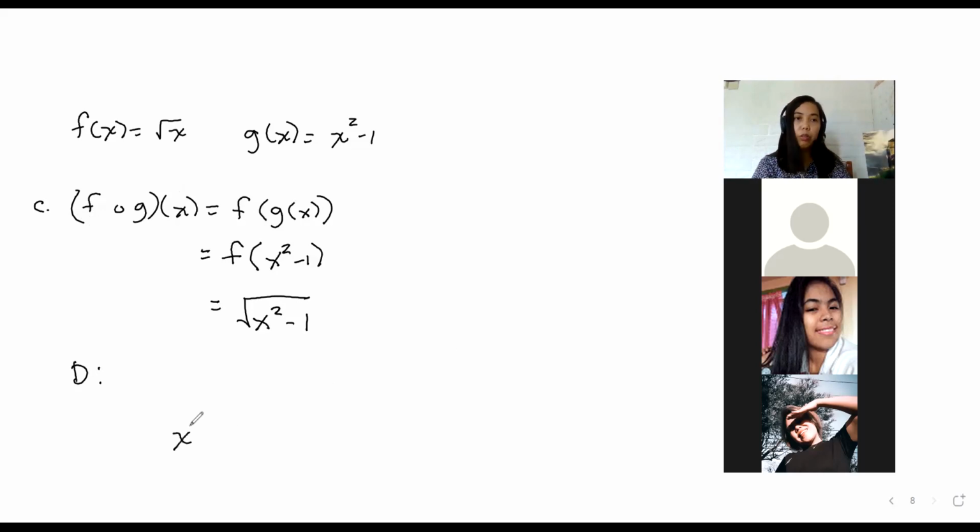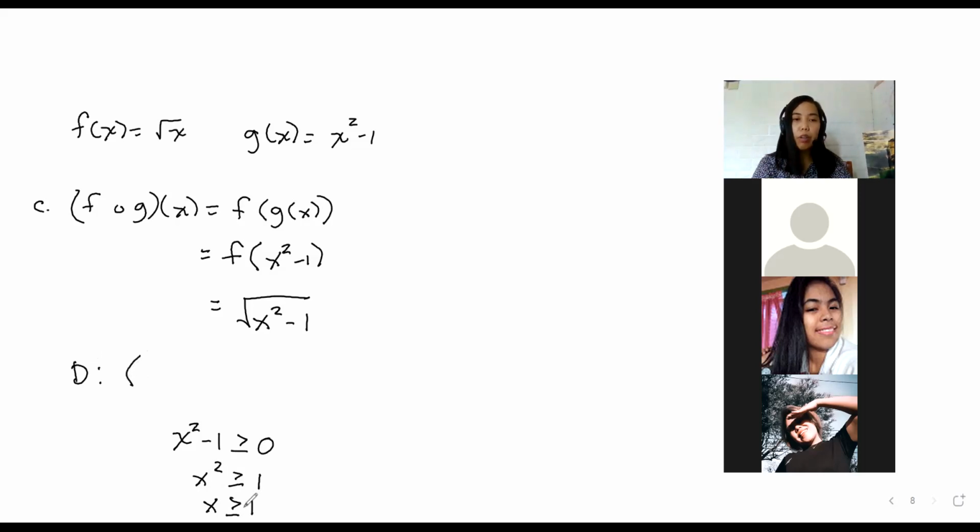So, pwede nyo isolve x squared minus 1 should be greater than or equal to 0. So, x squared is greater than or equal to 1. Therefore, x is greater than or equal to 1. Okay, so we will have for the domain for this is